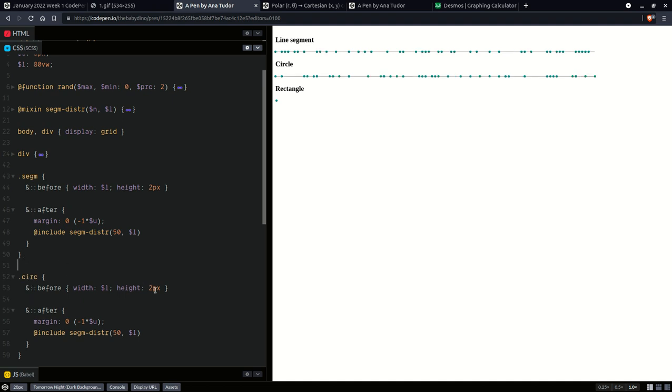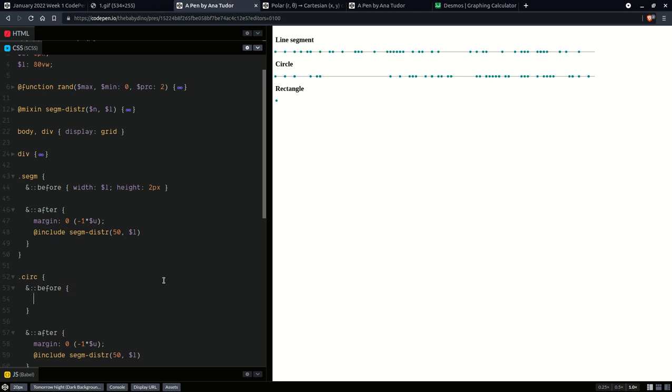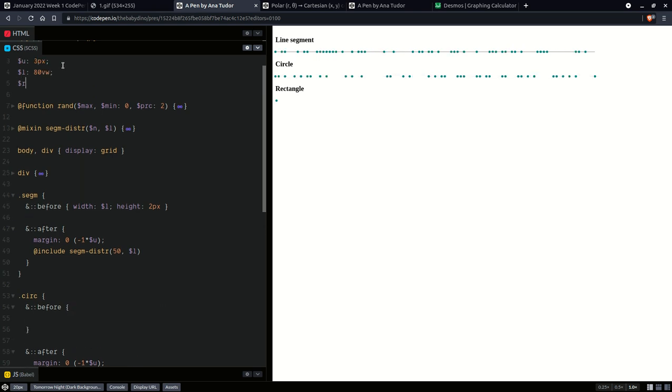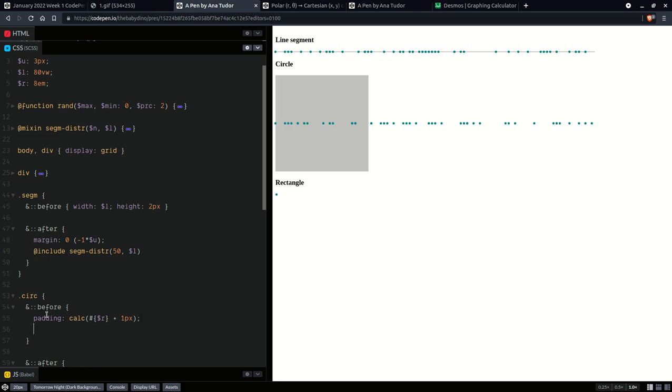Okay, now for the before, we are not going to have those dimensions. We are going to have a radius here. Let's set it to, I don't know, 8 ems, something like that. Okay, we're going to set the padding to calc that radius plus 1 pixel, and then we're going to have, actually, here let's set on both the before and the after